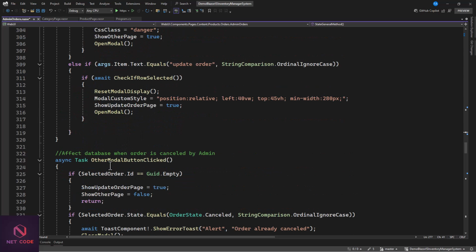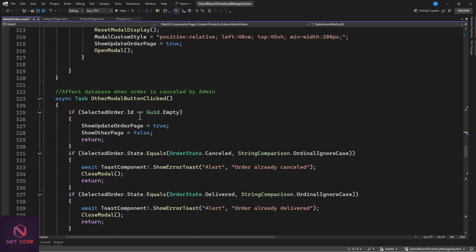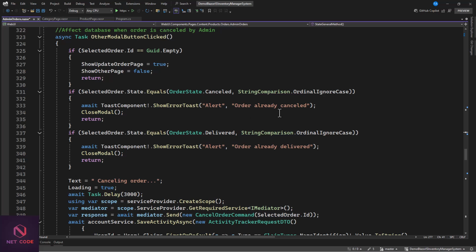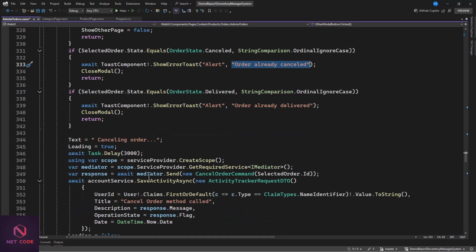Okay, now in here, when it comes to confirm update and the selected order ID is not equal to empty, then we are going to check if the order is not cancelled. If it is cancelled, then display order cancelled. But in case it is not cancelled, then we are going to do this. And if the order is not delivered, because you cannot cancel a delivered order, right? So we check if it is not cancelled, and if it is not delivered, then we are going to execute